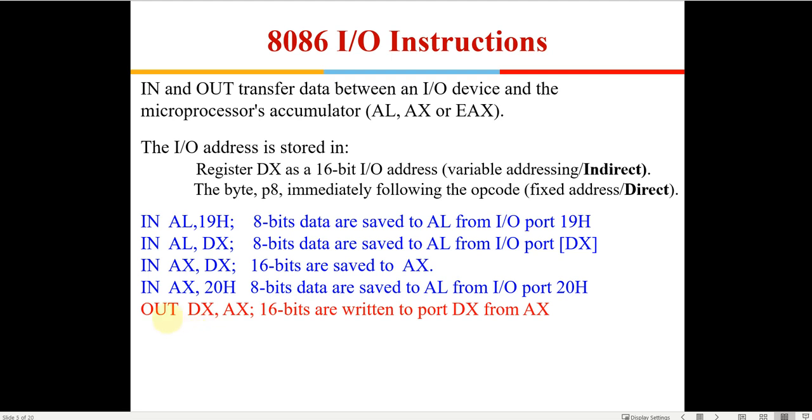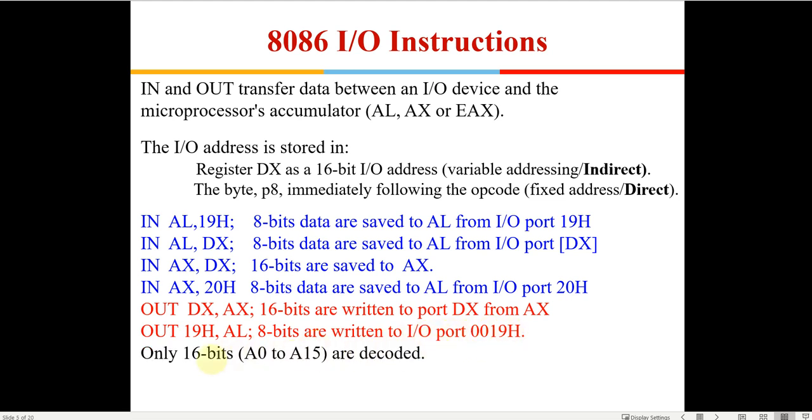Similarly you can have OUT commands: OUT DX, AX, in which 16 bits will be written to the port specified by DX from the AX register. Or direct addressing OUT 19H, AL, in which data will be written to the port 0019H.